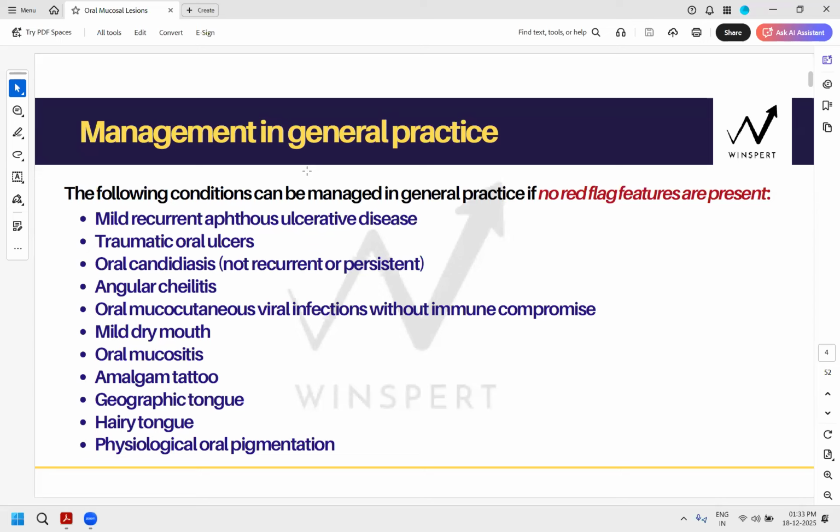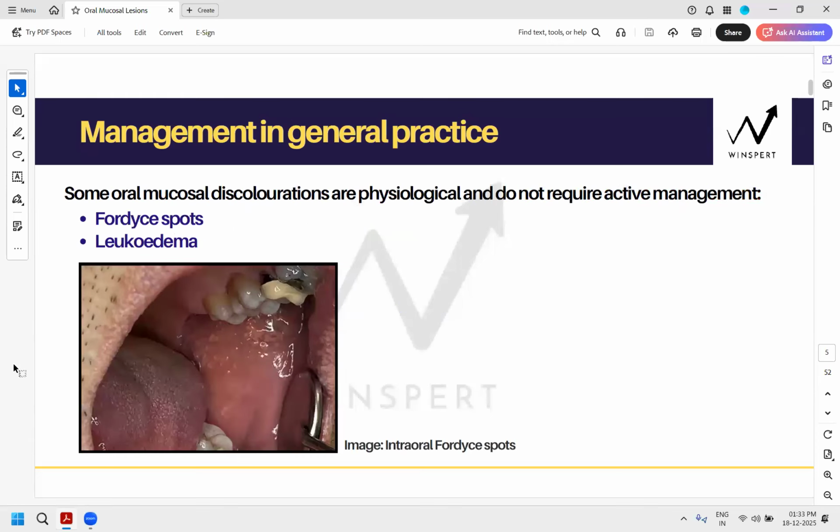Is it or not a beautiful way to first categorize your condition into these broad three categories? Your management immediately starts becoming evident. And then the oral pigmentation, which is physiological. One by one, we will work on all these conditions. One by one, we will work on all the non-malignant conditions which require referral. And also individually, we'll take up the red flag conditions which indicate oral cancer, and we'll talk about all of them. All right. So now you know the broad three categories in the entire chapter, right?